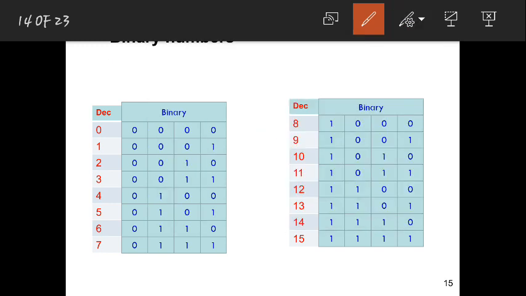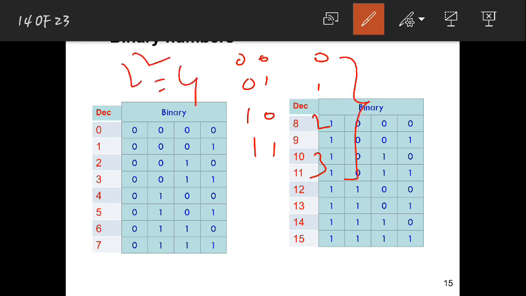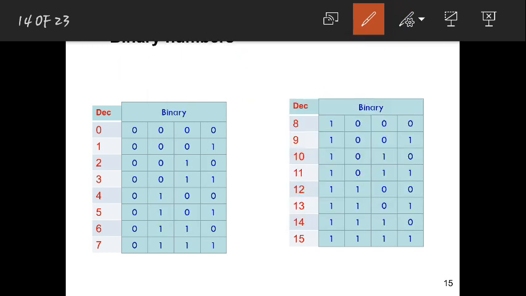So now this was using 4. If you wanted to write using 2 bits, only 2 bits means you can write only 00, 01, 10, 11. That means this is the value for 0, 1, 2, 3. So if you are writing 2 bits, 2 power 2, your answer is 4. So with 2 bits you can write 4 numbers. Okay, and if you wanted to write using 3 bits, that means 2 power 3 you will get as 8.